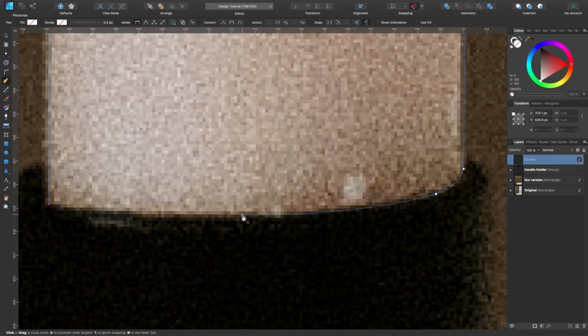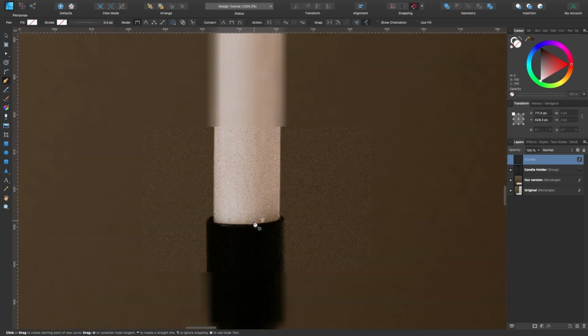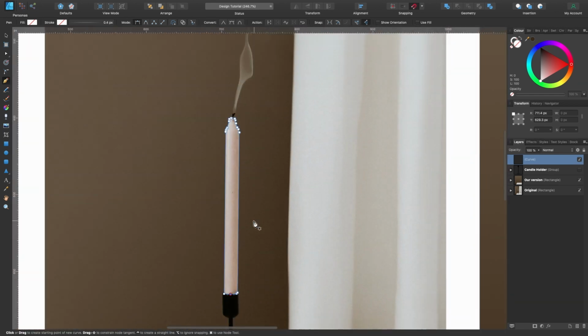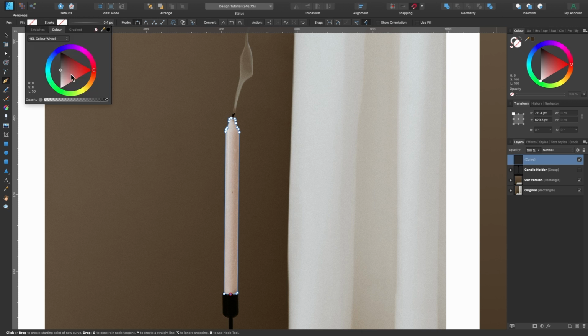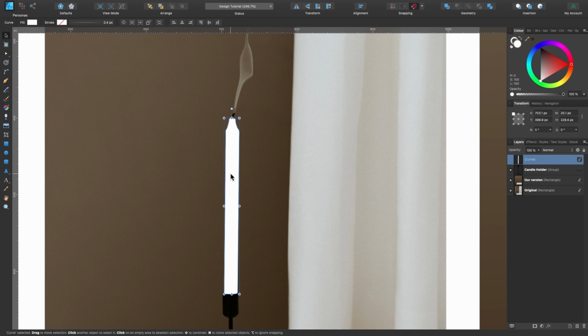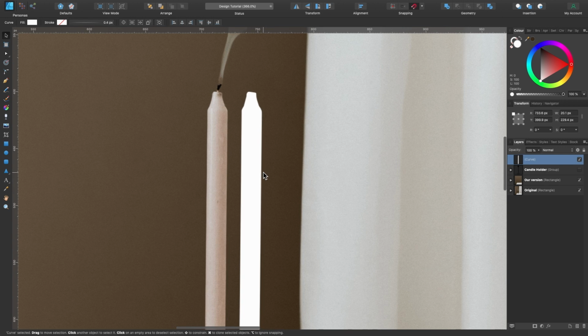Okay, we're at the last node here. So click and drag out whilst holding Shift. The candle shape is done. So I'm going to go ahead and just give it a white fill. You can either do it from up here or from over here. I'll just do it from over top left this time. I'll just give it some kind of color for now, and we will drag it out to the side so we can check out the different kinds of colors. So click, hold Shift, drag it to the side.